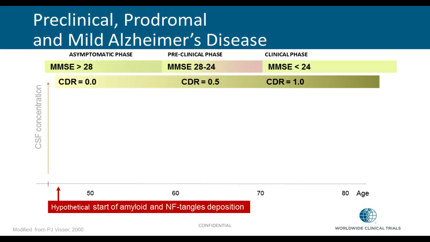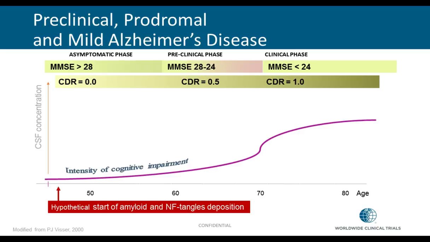Well, let's go a little bit back and try to understand 3 different subgroups of patients who are the most interesting for us in clinical research of Alzheimer's disease. There are so-called preclinical people, prodromal people, and patients with mild Alzheimer's disease. Some of them are in an asymptomatic phase, some in a preclinical phase, and some in a clinical phase. What they have in common is progressive cognitive impairment, which is very often not so prominent that it would be seen in everyday clinical practice. They also have in common some biomarkers in the CSF, usually A-beta-42 or A-beta-40